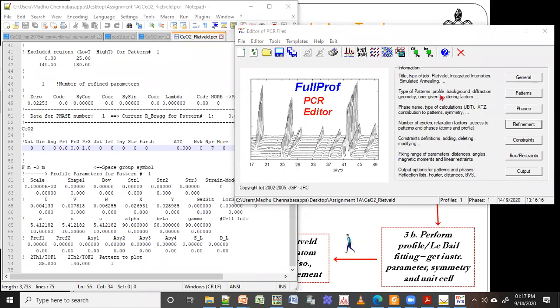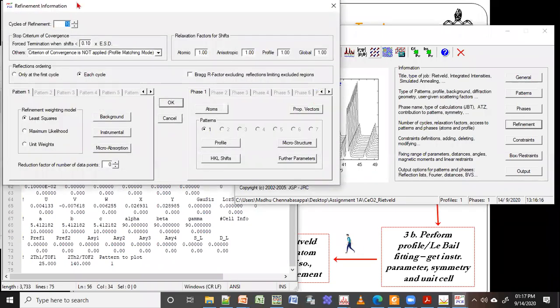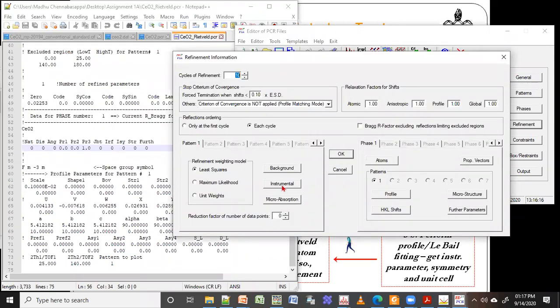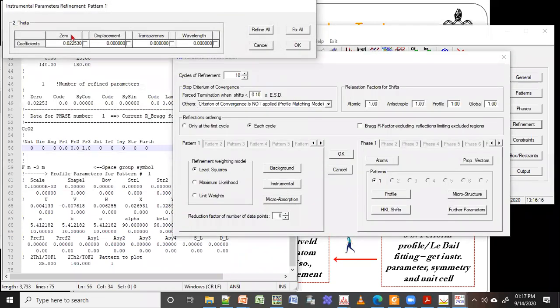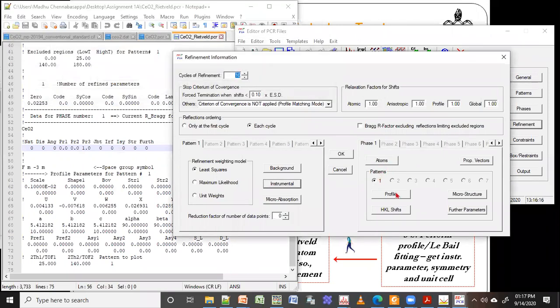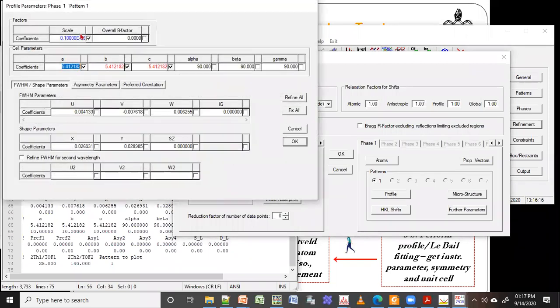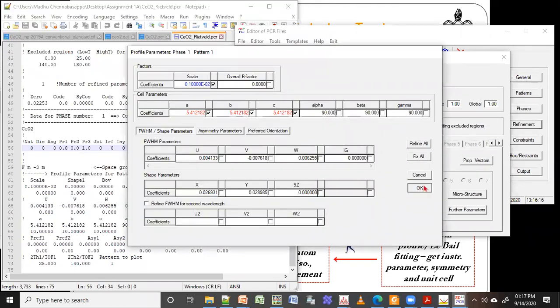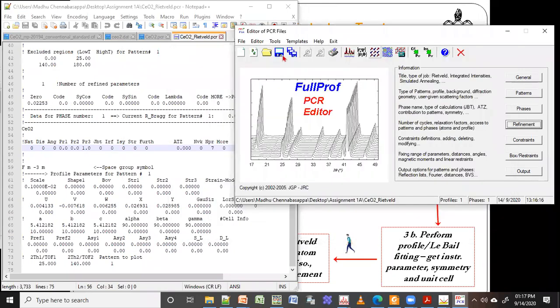Again, I'm just repeating. In the previous case, we went to instrument and refined the zero. But now I'm going to profile and I'm going to refine the scale. This will give the information about the phase or the Rietveld refinement. So I click this scale, say okay, okay, and then save it.